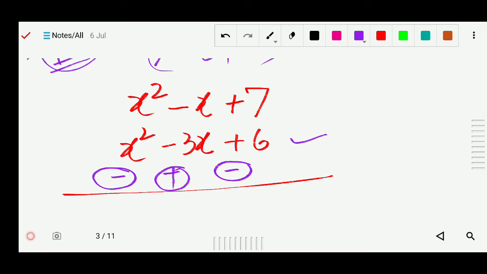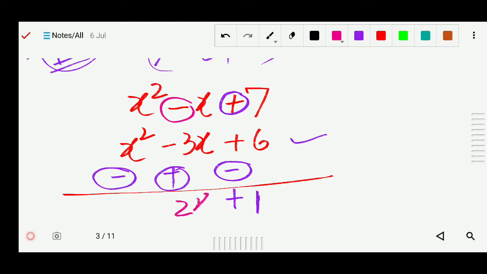Got it? Now next, you can see plus 7 and minus 6, so it will be minus. So 7 minus 6 is 1, but which sign will it take? It will be plus, because 7 is the larger number, the greatest number is 7, and before that 7 a plus sign is there, so we will use plus sign. Now here is the minus, and here is the plus. So plus minus minus, it means 3x minus x, it will be 2x.